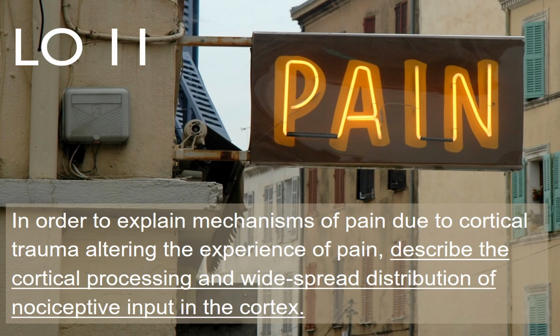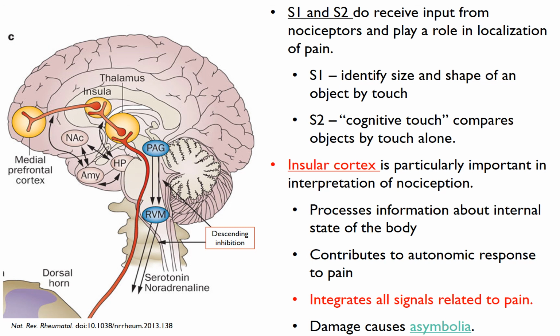The last learning objective is about the highest level of pain processing and the interpretation of painful events. Now, you may recall from earlier in this lecture series, we talked a lot about the primary and secondary, and then the association cortices involved in the somatosenses. When it comes to pain, really S1 and S2, they do receive input from nociceptors, but they mostly play a role in the crude localization of pain. More importantly is the insular cortex. The insular cortex is important in the interpretation of nociception, particularly as an unpleasant and